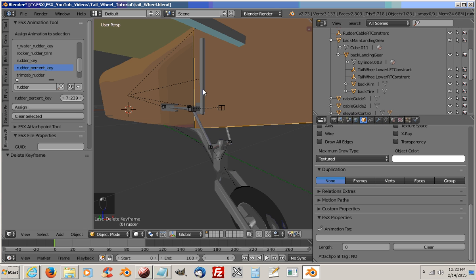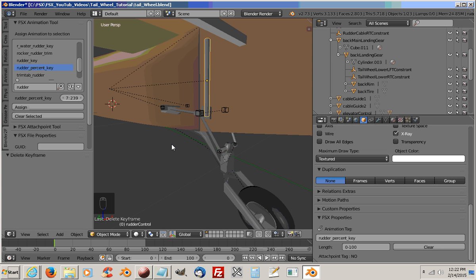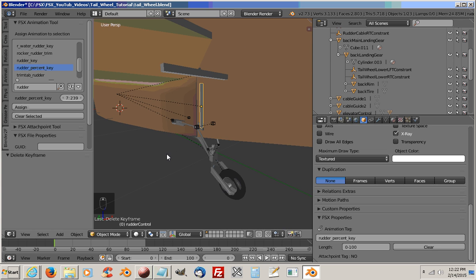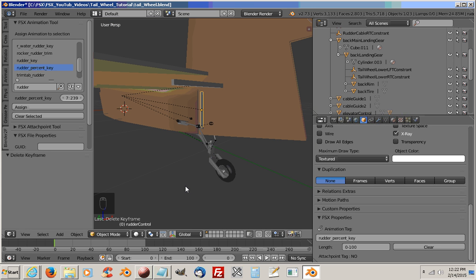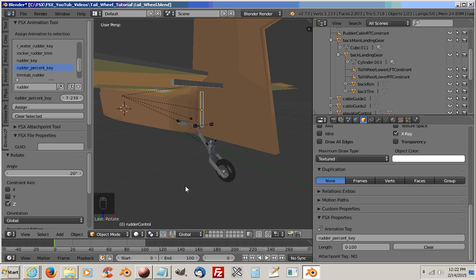So we're going to click on the rudder, and I know this isn't a rudder tutorial, but I'm going to go ahead and animate it anyway, because you're going to have to. Remember in FSX that you need to start your frame 0 in a left hand turn for your rudder, and I'm going to rotate this to 20 degrees. So I'm going to hit rotate Z by 20. Oops, wrong way. Escape. Rotate Z minus 20. Enter. I'm going to add a keyframe, I key,